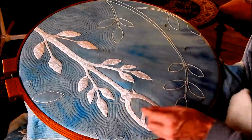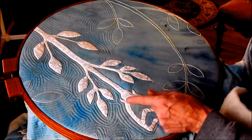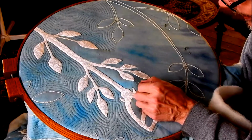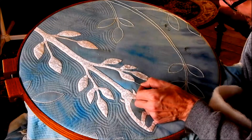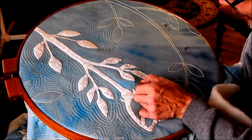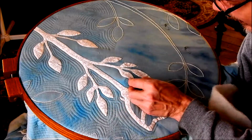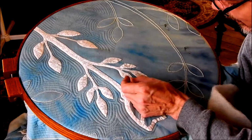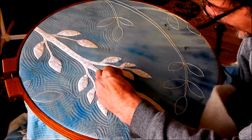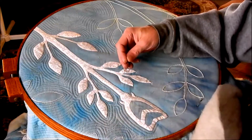So I'm at about the point where I really want to not be quilting anymore, because that's just so short that it becomes hard to not unthread itself. So what I do is I go back in between the layers, and the needle is going back down that seam line, but it's between the layers, and I can feel on the bottom if that needle comes through. So I want to make sure that I hide that thread inside the quilt, and I go in a couple of times there, and then back once the other direction, and that is enough to hold that thread in,